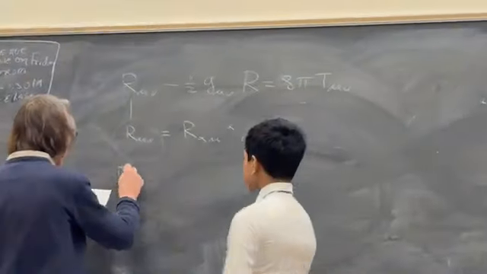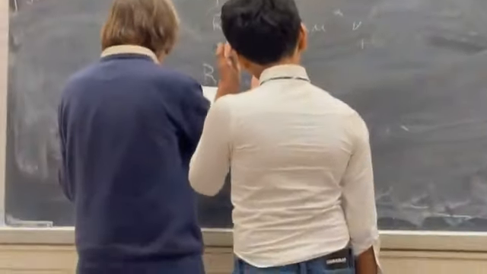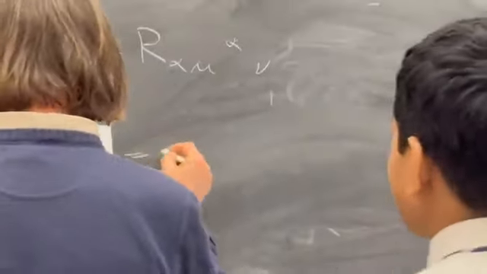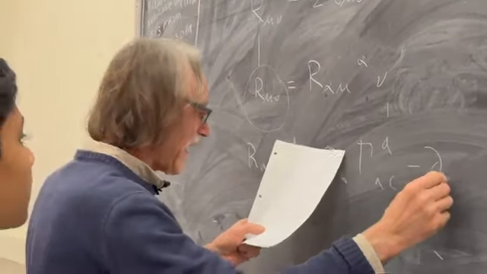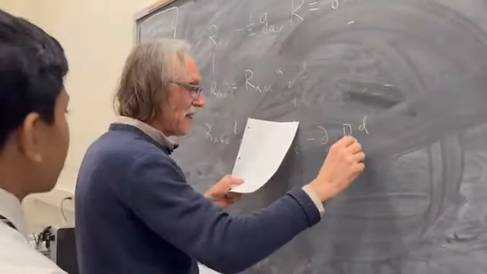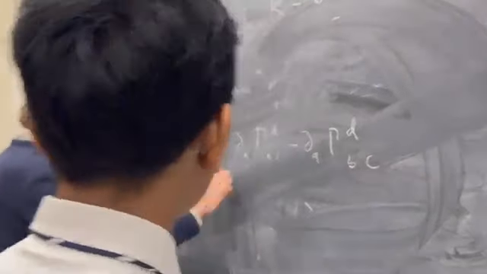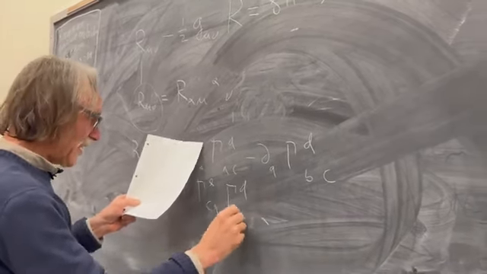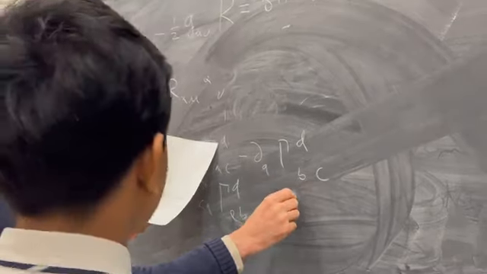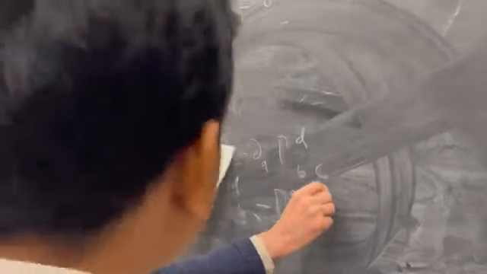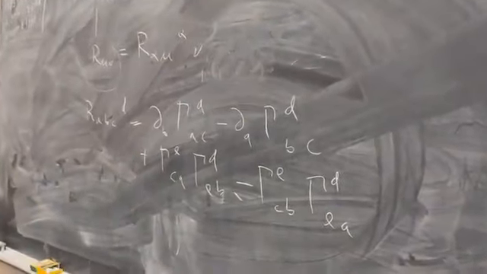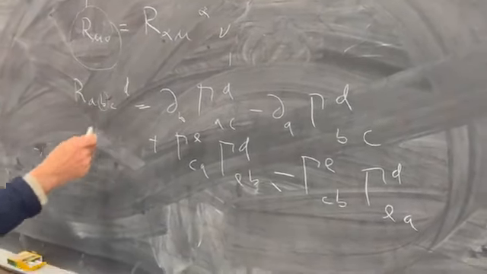So we can have this one, the Ricci tensor, or the Riemann tensor. I wrote it as R_ABCD. Is that right? Yeah. So that is ∂_B Γ^D_AC minus ∂_A Γ^D_BC plus Γ^E_CA Γ^D_EB minus Γ^E_CB Γ^D_EA. So this is the Riemann tensor, and then you make, say, this index equal to